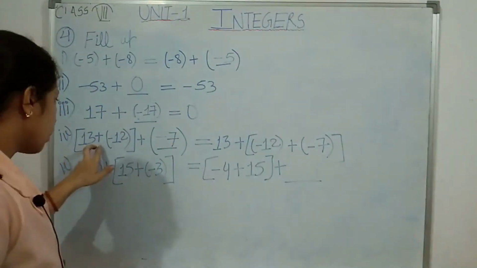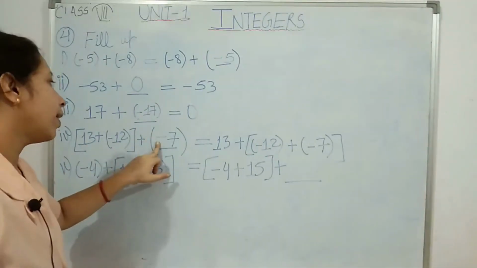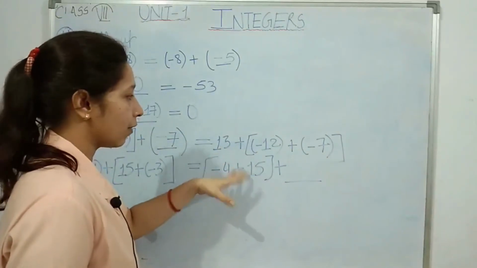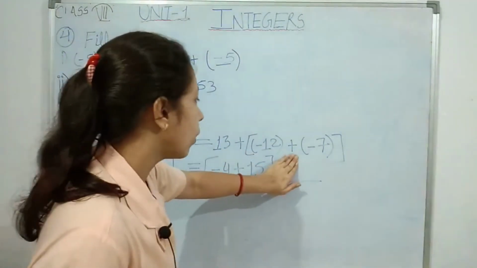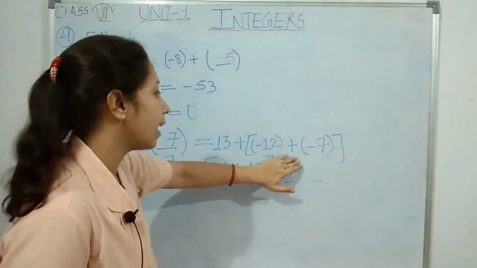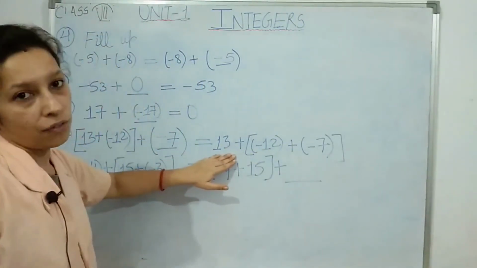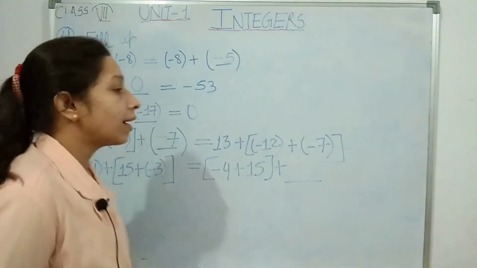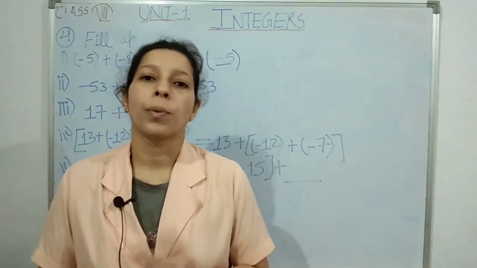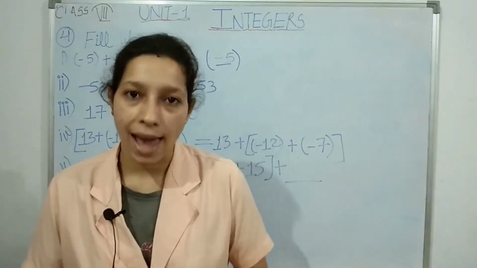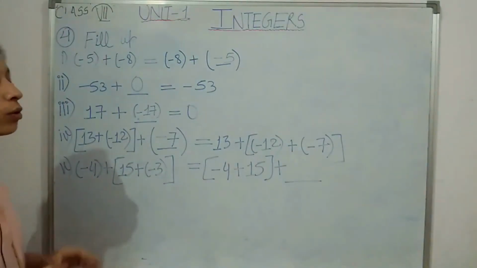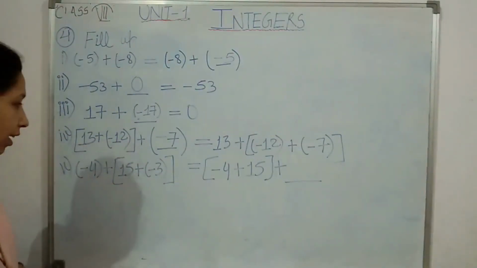First we will take the sum of these two integers and then we will add it with the third integer. Here the same integers are given, but the difference is first we are going to sum the last two integers, and then its result we are going to add with the first integer. So this property is known as associative property. I have explained to you that in associative property we can form groups and we can add. So same thing here.